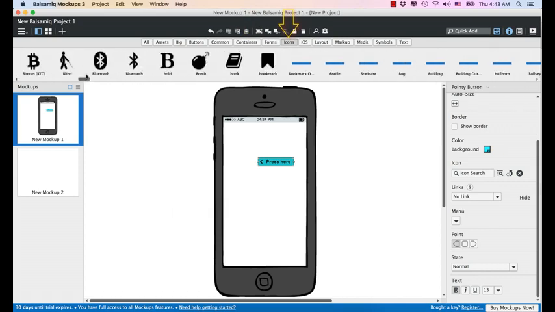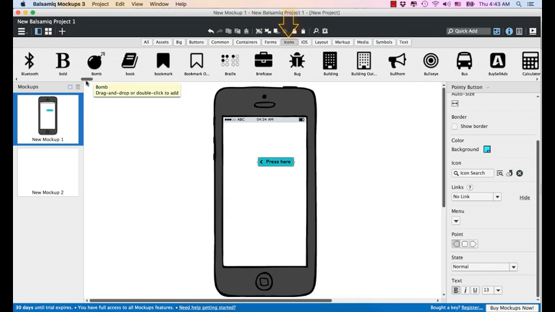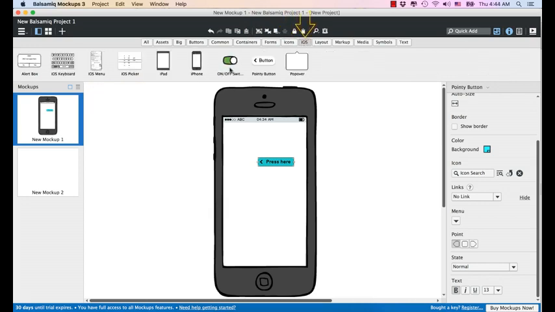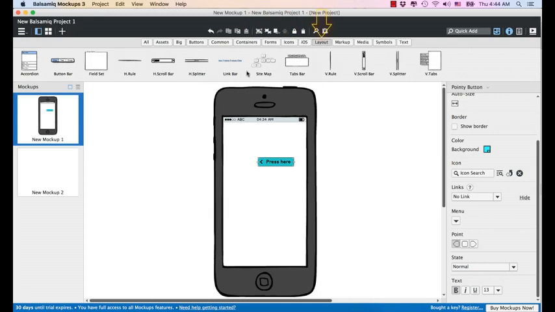All are free, made for you to have a nice wireframe for your mobile and for your web page. And now is for the iPhone. You have iPhone, you have iPad mockup, iOS picker, iOS menu, alert box, popover, and then layout. All kinds of layout, from the tabs bar to V-rule, V-splitter, V-tabs,